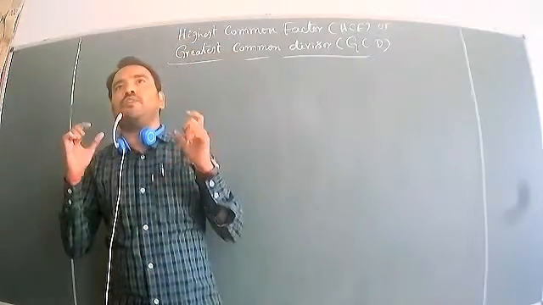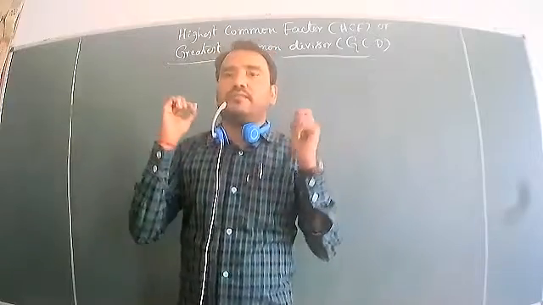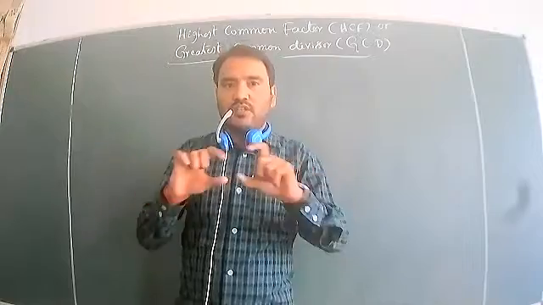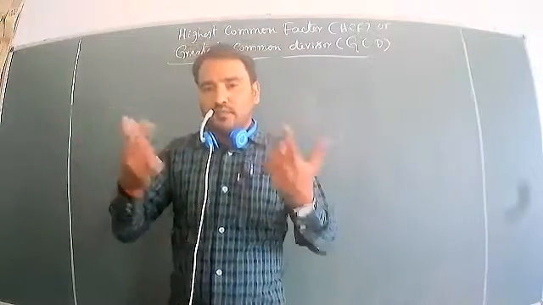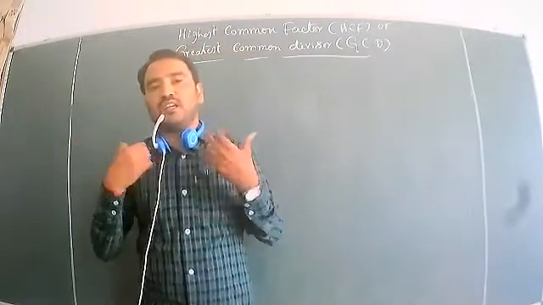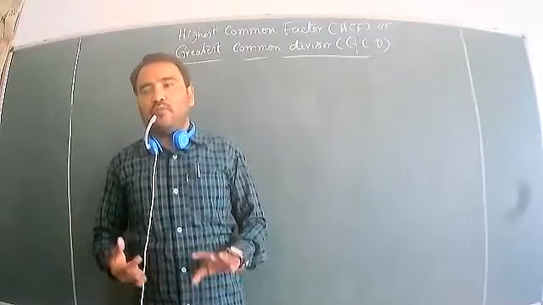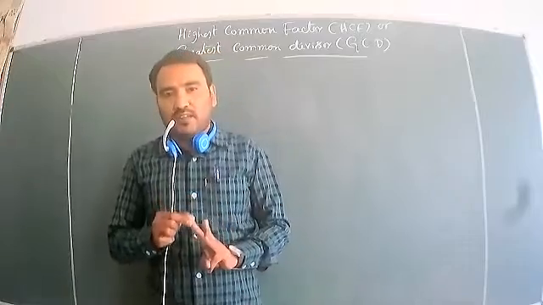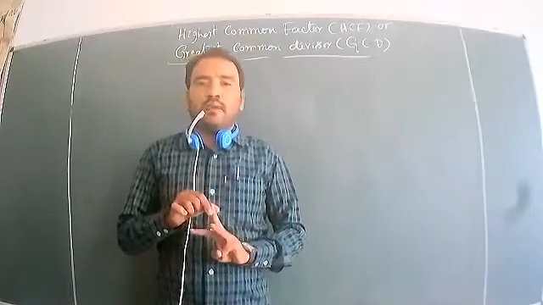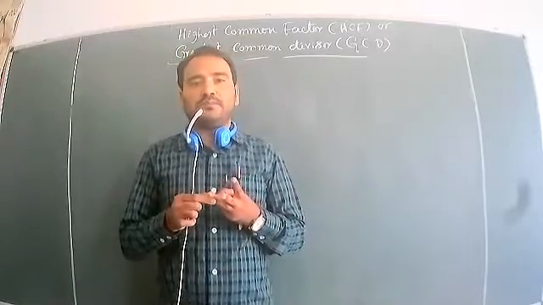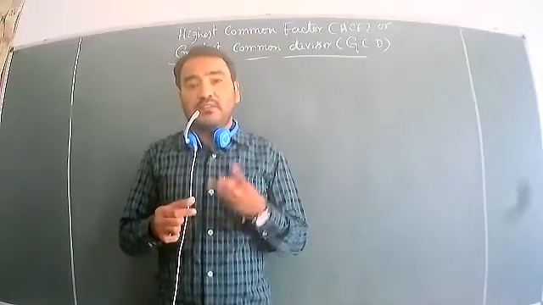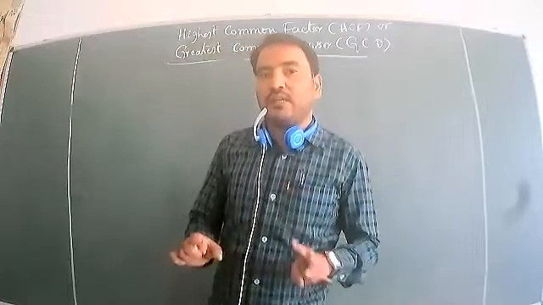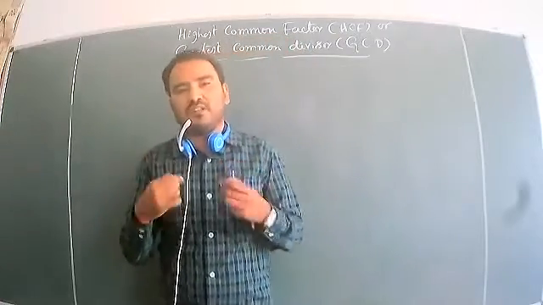So, what is the highest common factor? We find the factors of the given numbers, then we take the common factors that are there in both the numbers, and then whichever is the greatest number, that is the HCF. So we have to find the HCF using three methods. First one is taking the common factors, then the prime factorization method, and another one is the division method. We used three methods in the fourth standard. The methods are the same, but here in the division method there will be one small change.